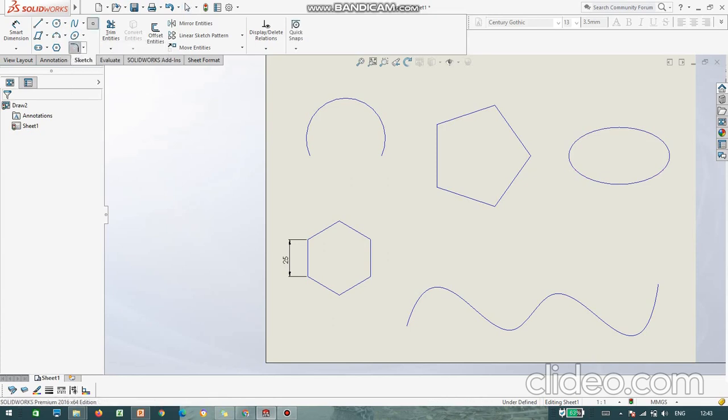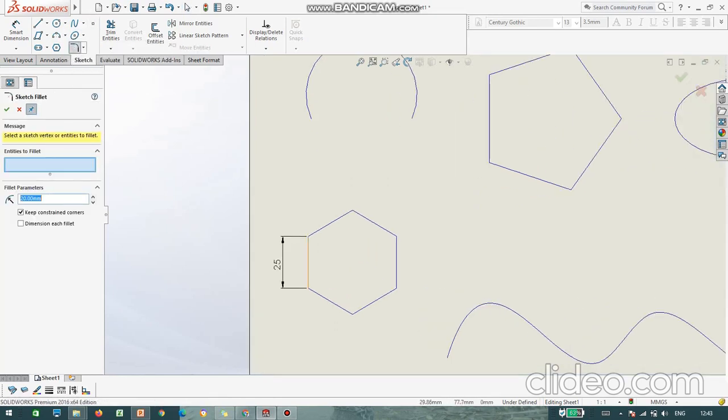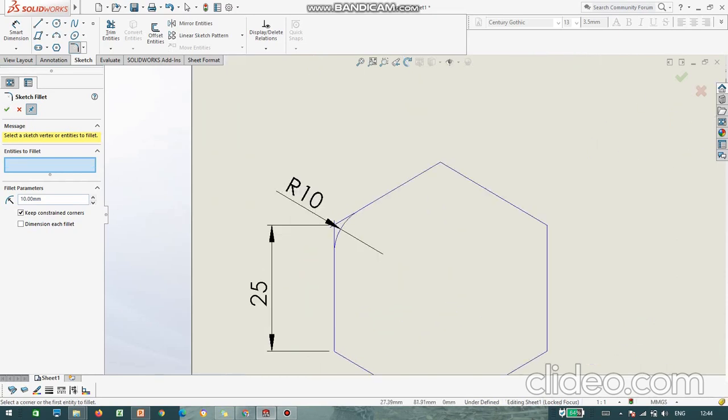Next we have the fillet. I will show the difference between fillet and chamfer. Right now we are in fillet. In order to define that, we need 2 edges. I selected one line and another line. Now you can see the fillet radius is 20 right now. If you want, you can change it to 10. The fillet radius is 10.